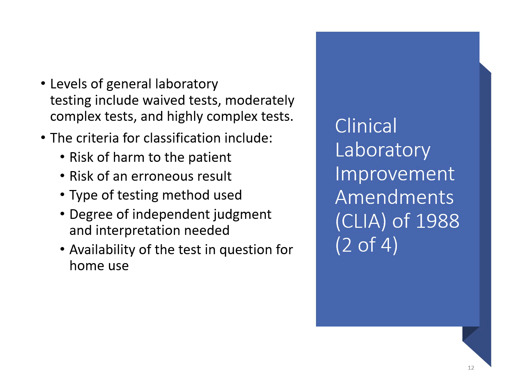And also the availability of the test in question for home use. So this would come into your category of your pregnancy test, or even diabetic testing, where there are ketone strips and things like that that people can buy over the counter and test at home. There are even urine strip tests out there that can help you detect if you have an